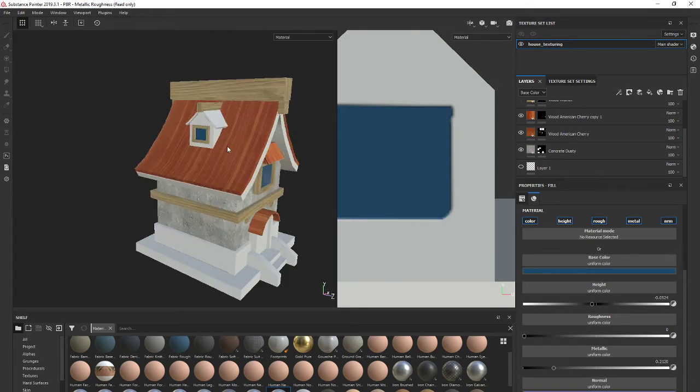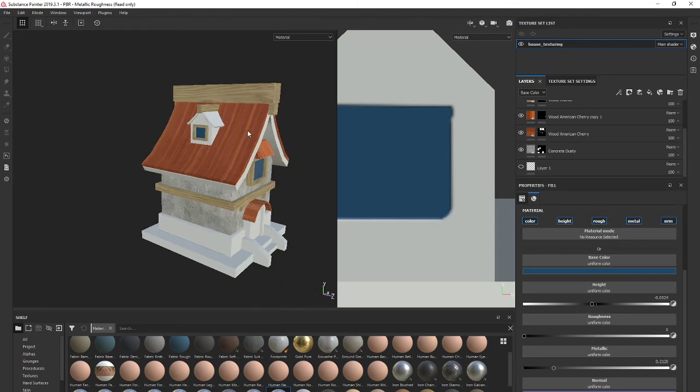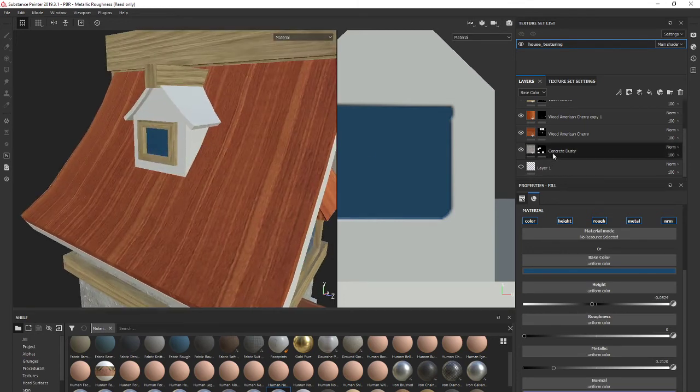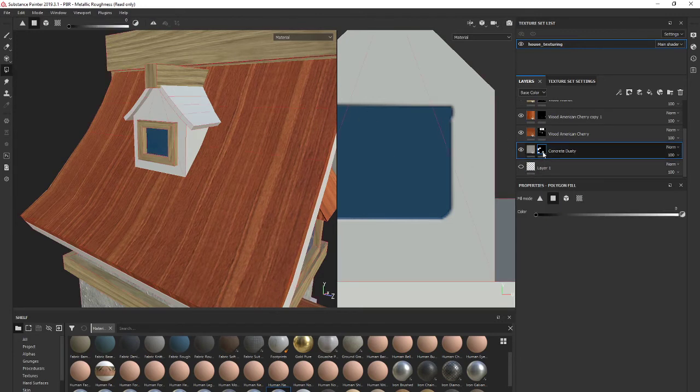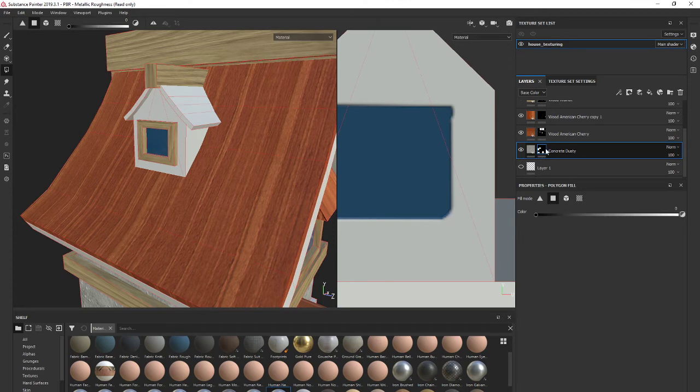Let's maybe put this concrete stuff to this small little window here. So I will select the layer of that concrete, and here in the mask again I can just